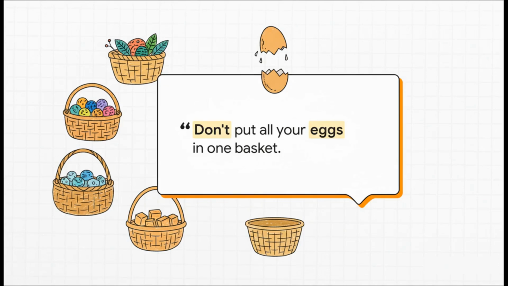And what's the number one rule for building a solid portfolio? It's this timeless piece of advice. This is the whole idea behind diversification. You're just spreading your money out across different kinds of investments. That way, if one area takes a hit, it doesn't drag your entire portfolio down with it. It is probably the most important strategy for managing risk, period.